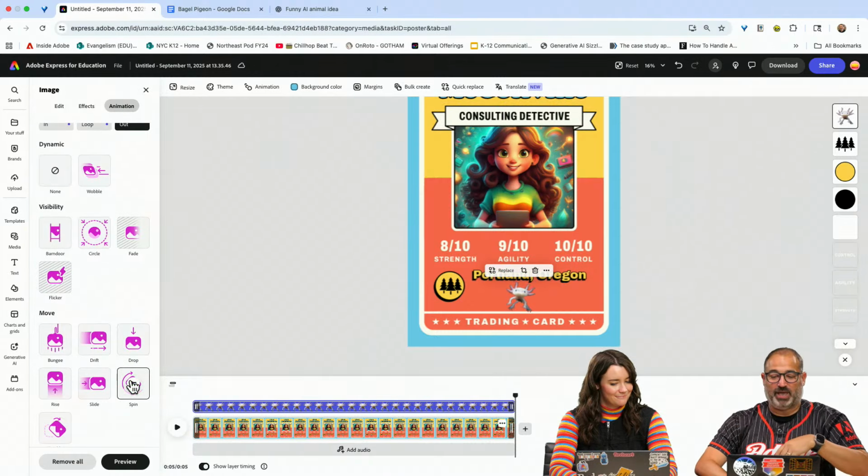Okay, so now if I click play, I should see the in animation, the loop, followed by the out. And I can always make changes to that, but let's just see what that looks like from the beginning. So I have my axolotl, it's slid in, it's like, and then it's going out. Okay, so